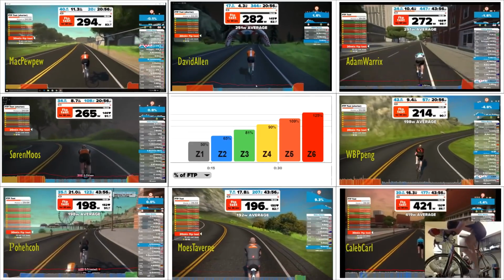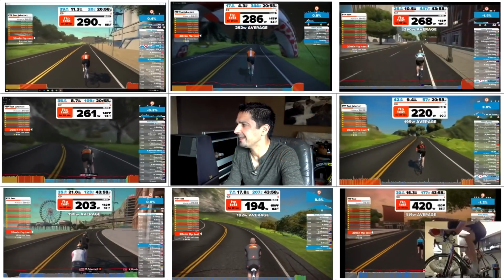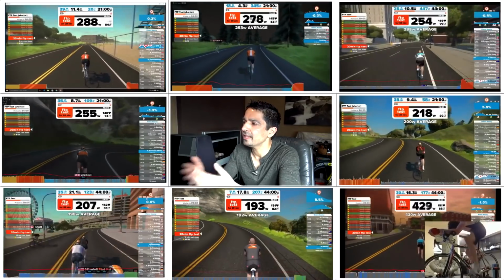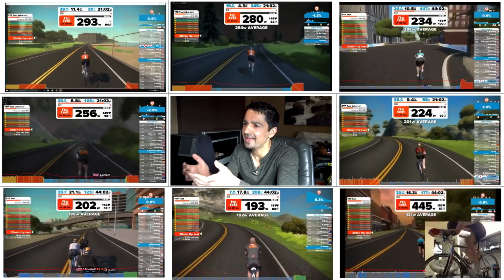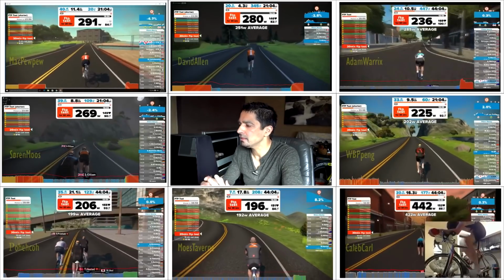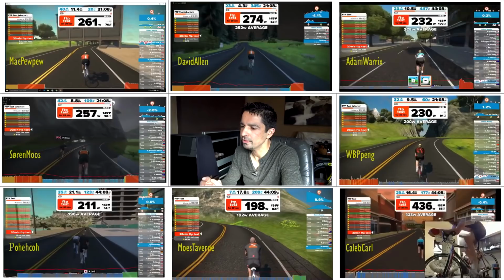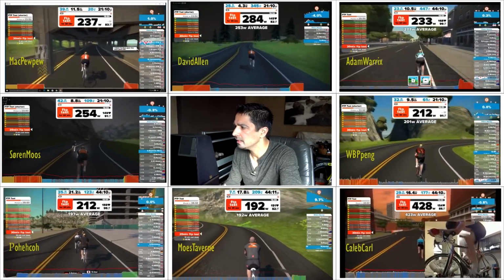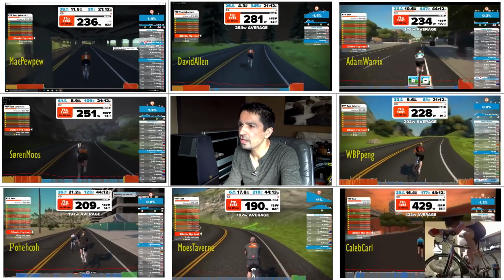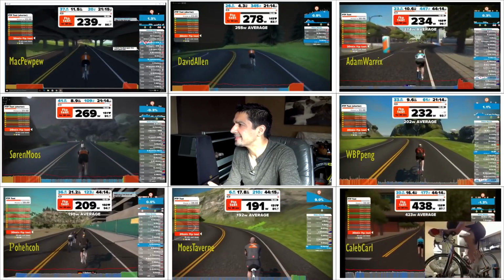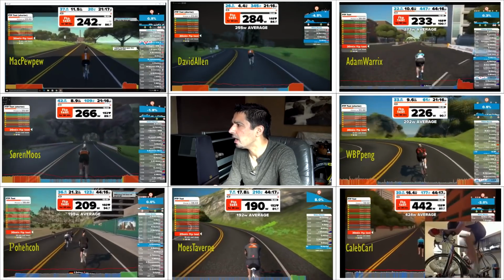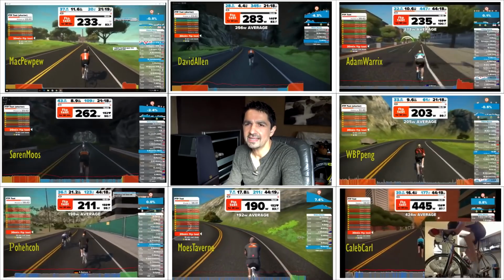So right off from the gun then, we can analyze how they approached that start line exit. Basically, if you look at McPew and you look at Adam there on the top right, and you also look at Soren, they came out of the gun pretty hot. In fact, Adam came out the hardest of all, and we'll have to see later whether he pays for that